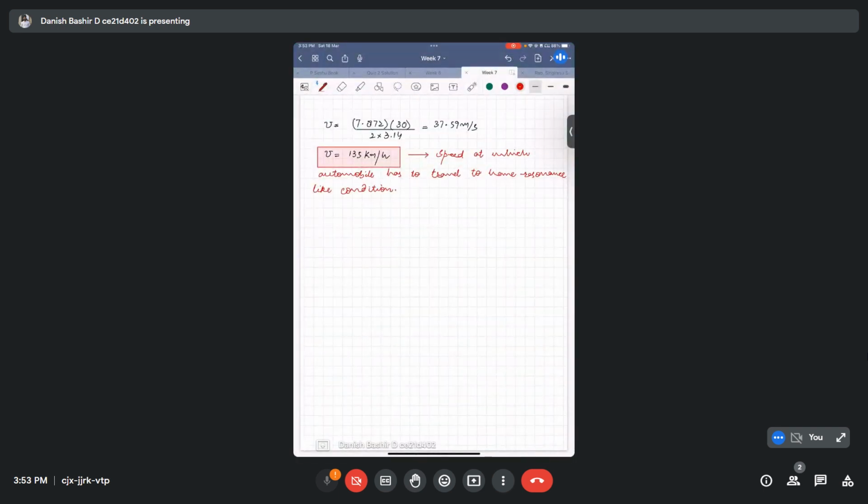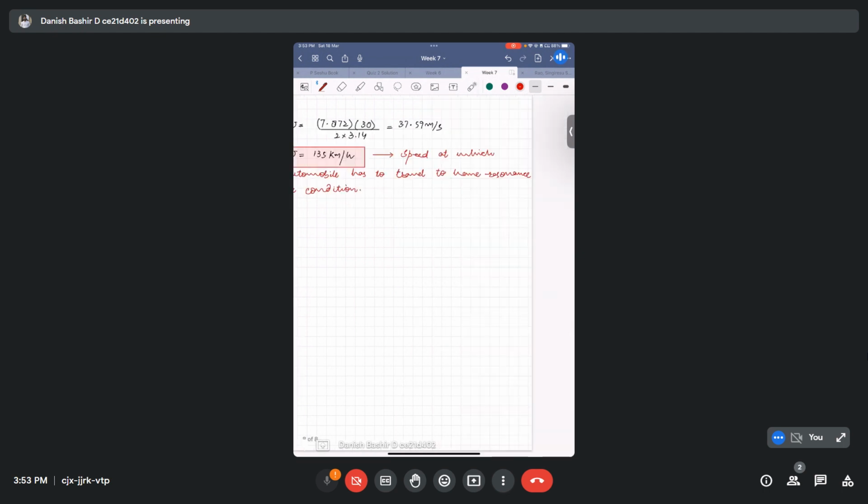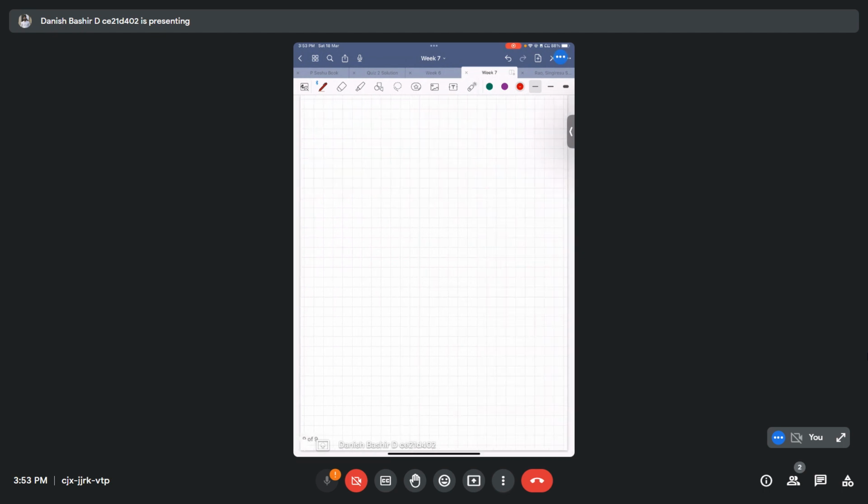So the next topic is rotating unbalance. These are also questions regarding the forced vibrations of single degree of freedom systems, where damping is also considered. This is also an important topic, rotating unbalance. For example,